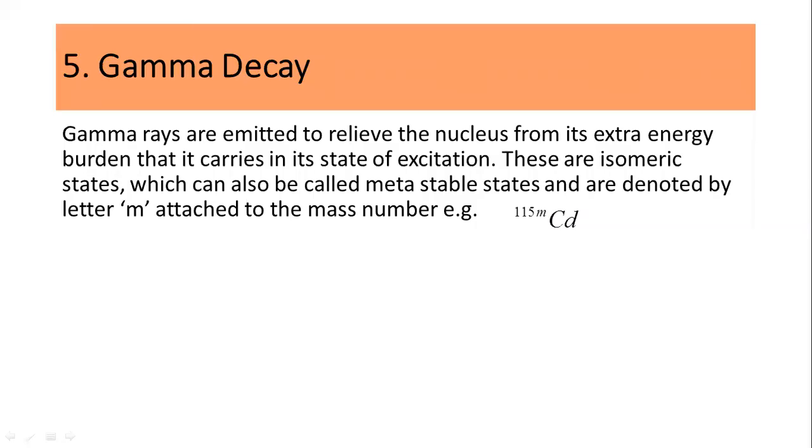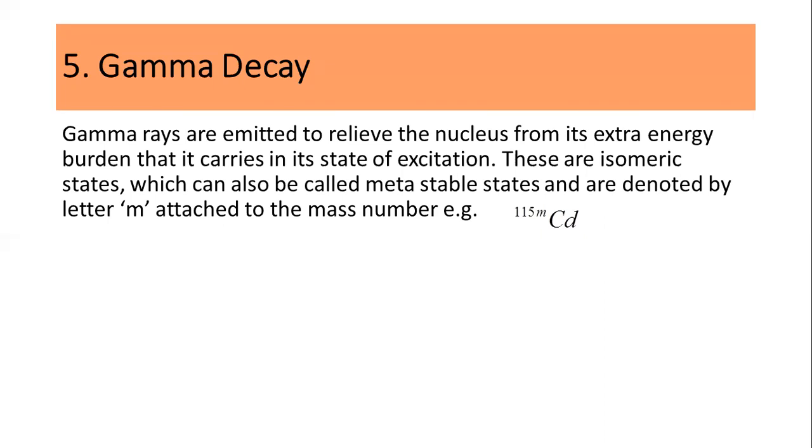This is the fifth decay process, which is called gamma decay. Gamma rays are emitted to relieve the nucleus from the extra energy burden that it carries in its state of excitation. So the simple explanation of gamma decay is this: